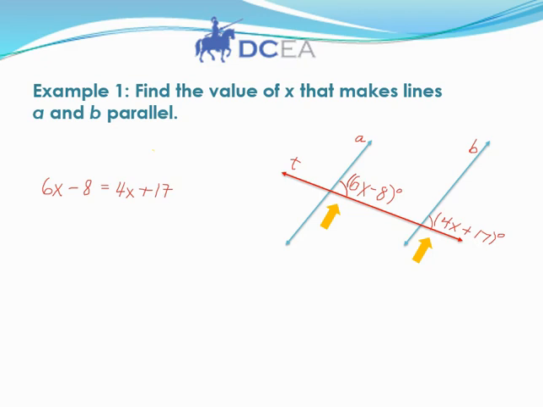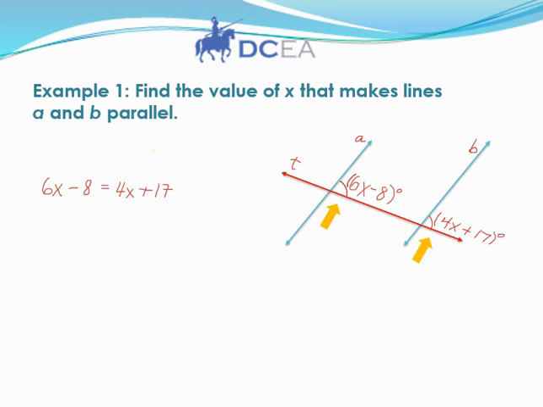Now if we take a look at these angles, this is the transversal T across the two parallel lines A and B. It's just like we've had before, except they just turned the drawing a little bit. These two angles are corresponding angles. Because we know that corresponding angles are congruent, we can set the values equal to each other,